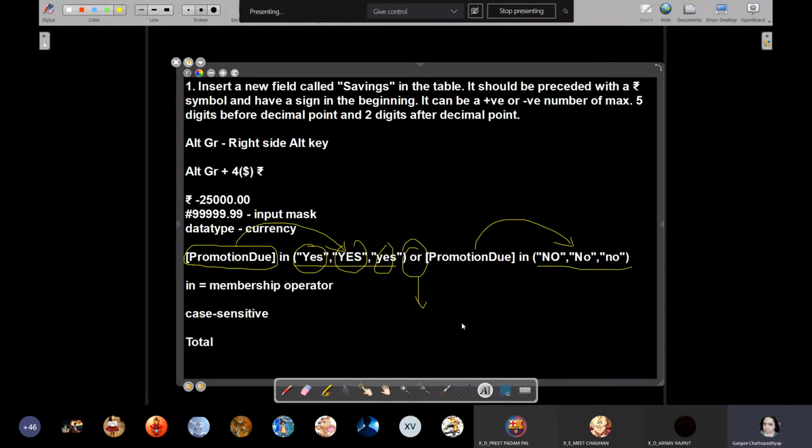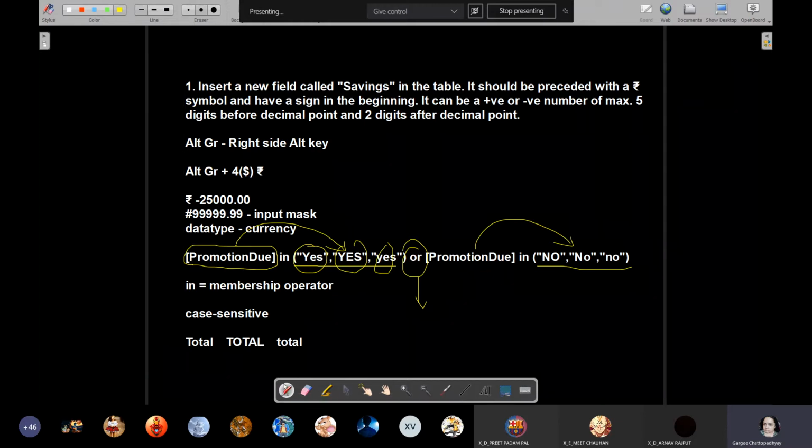If I write total, and if I write TOTAL all capital, or if I write it like this, these 3 will be considered 3 different variables, 3 different identifiers. The programming language will differentiate between this total and this total. Why? Because their cases are different.